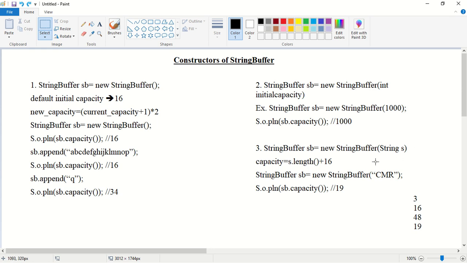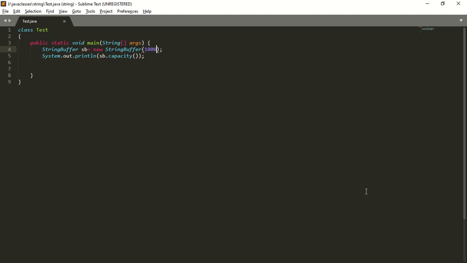What is the length of this string? The length of this string is 3. 3 plus 16 is how much? 19. So we'll see this example. StringBuffer sb = new StringBuffer("cmr"). Next, System.out.println(sb.capacity()). What will be the capacity now?